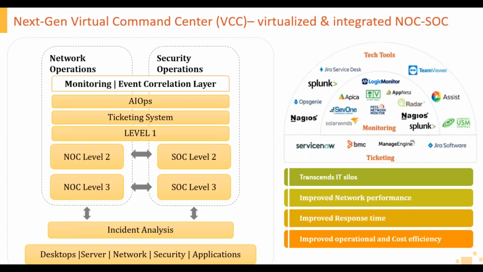The first tier, which means NOC level 1 and NOC level 2, is completely integrated in this model, due to the similarities and cross trainings. So we have rewritten all the SOPs with the coordination points. We then moved on to the integration of the ticketing system with a single dashboard, and standardizing the shared and coordinated communications and the workflows. And finally, we have also taken advantage of converged incident analysis, right?